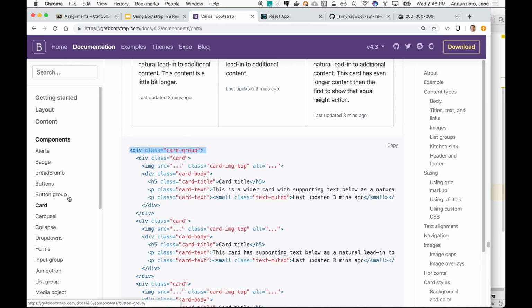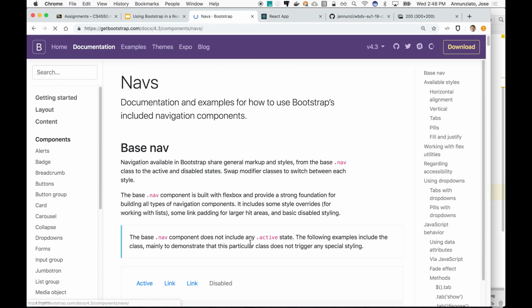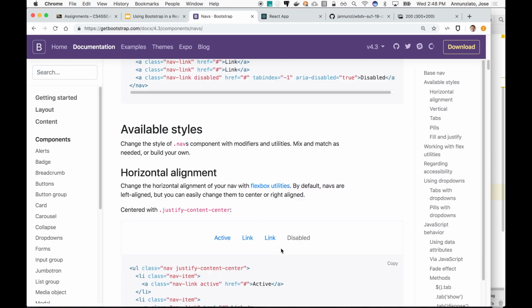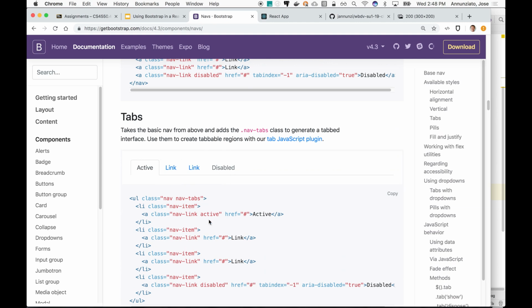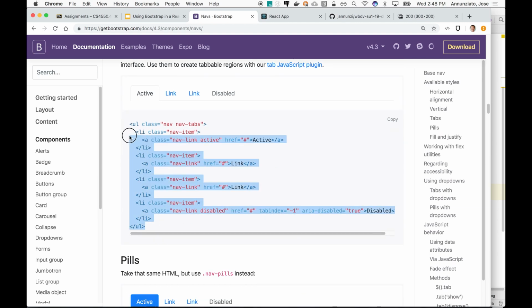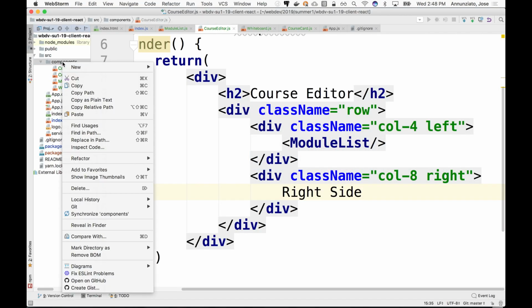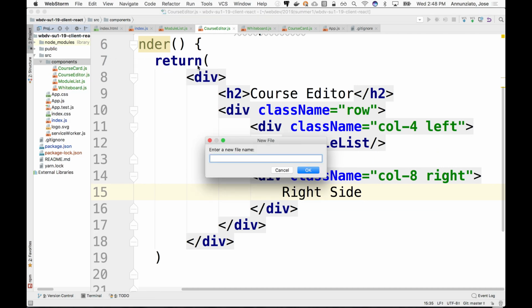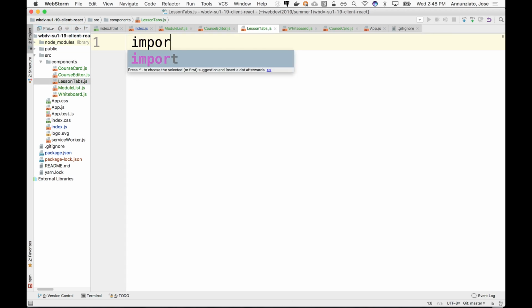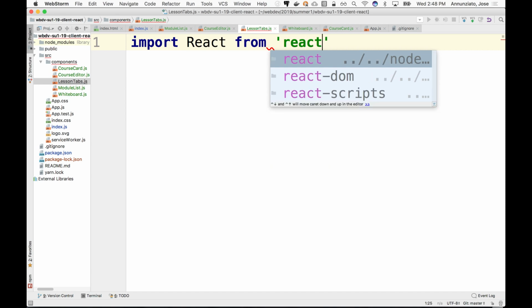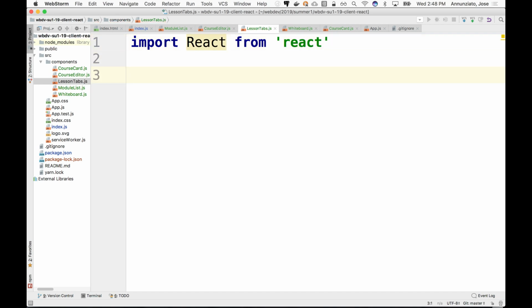In Bootstrap, if we go to navigate, we have a couple of tabs here. Let's look for navigation tabs. There we go. So we have some navigation tabs. We can grab them and create a lesson navigator, perhaps. All right, so let's create another component here. Maybe this will be called something like lesson tabs component. Again, this will be a React component from React, and let's create here an